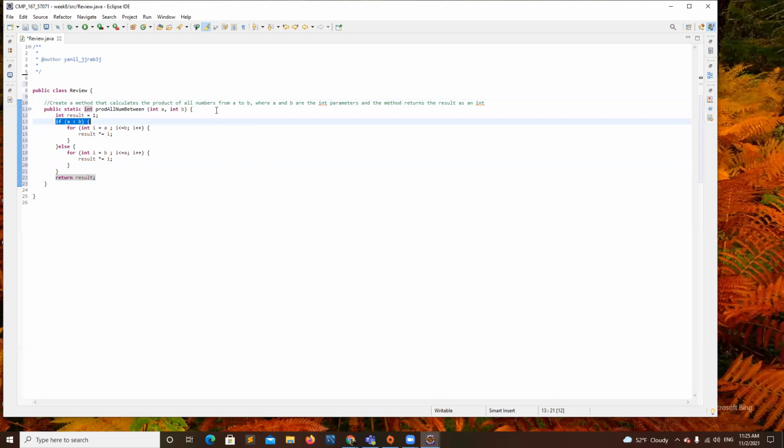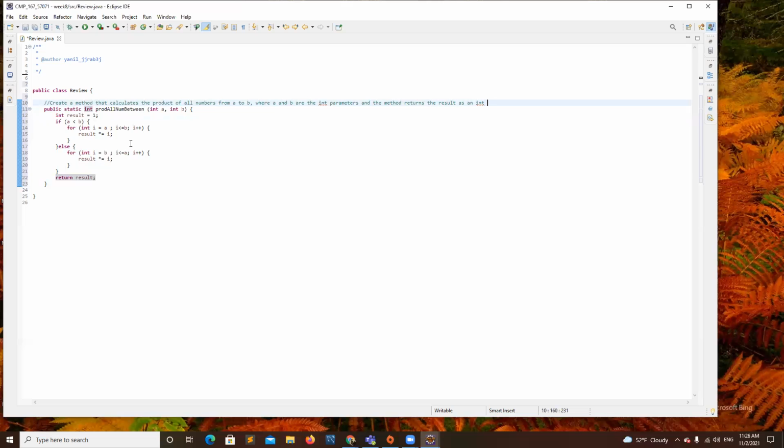Okay. But if there was a case where I was saying it doesn't matter if A could be less than B or greater than B, so if I mention that, then it is important to have the if statement, okay?